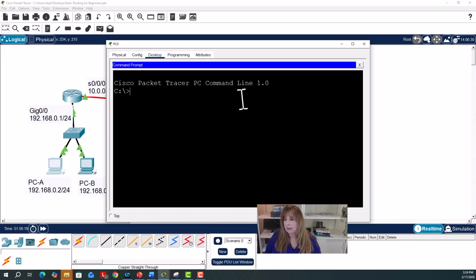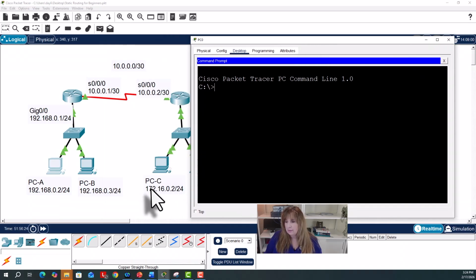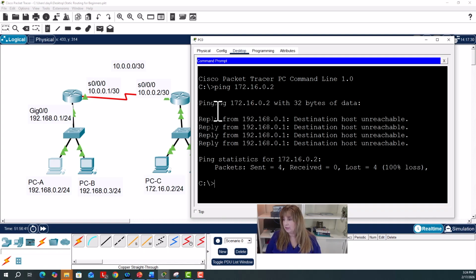We can go to our command line, and we want to ping PC C at 172.16.0.2, and we get destination host unreachable. This is because we haven't configured routing to get to the 172.16.0.0 network, and we haven't configured any routing to get back to the